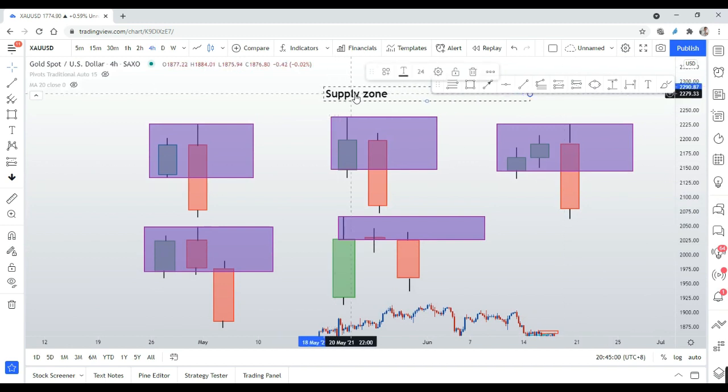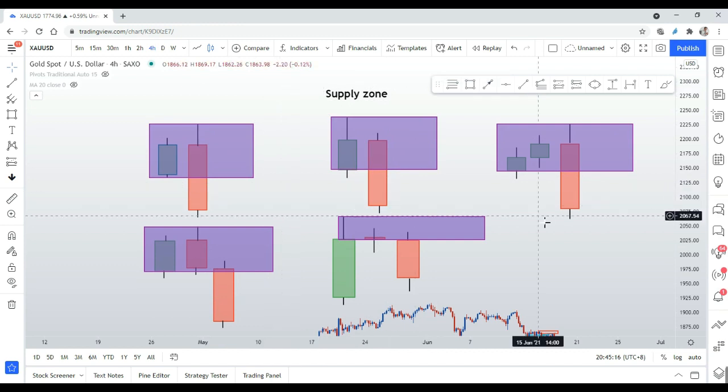Supply zone 5. Not more than that. Whatever I do, day in, day out, 5. 1, 2, 3, 4, 5. Of course, there is a sequence of which is more important or which has the most impact on my trading. So that's all, 5. And similarly, for a demand zone,